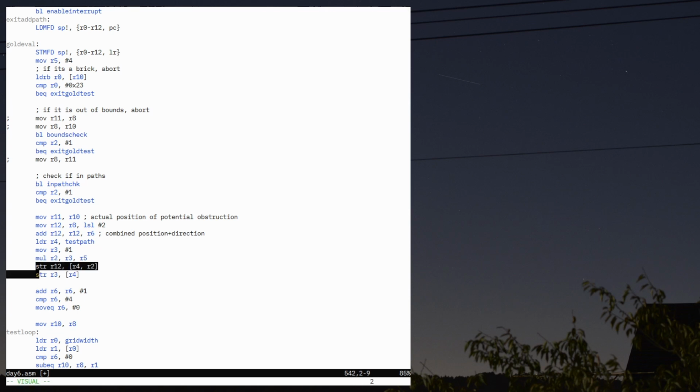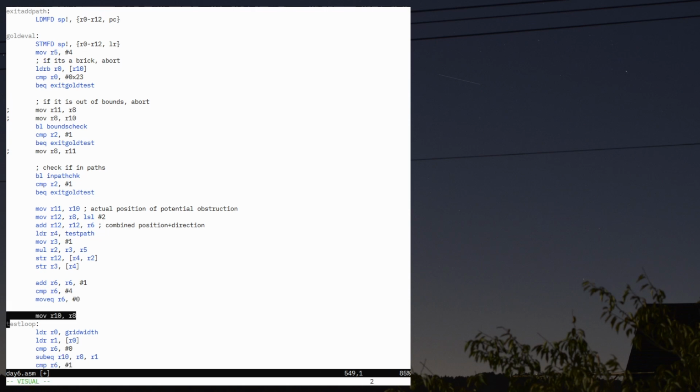We store R12 into it, and then we store into R3 our count, our offset, the number of locations we have in test path. We add 1 to R6, we compare it with 4, and we roll it over to 0 if necessary. We move the value of R8 back into R10